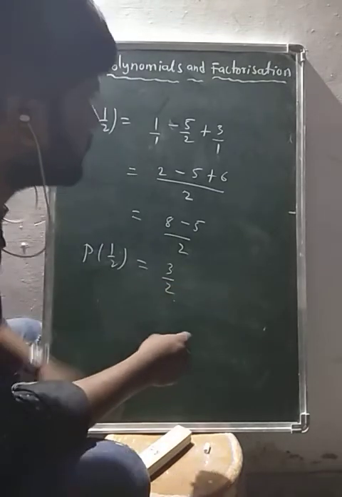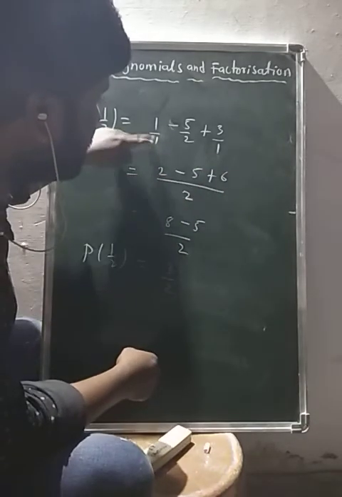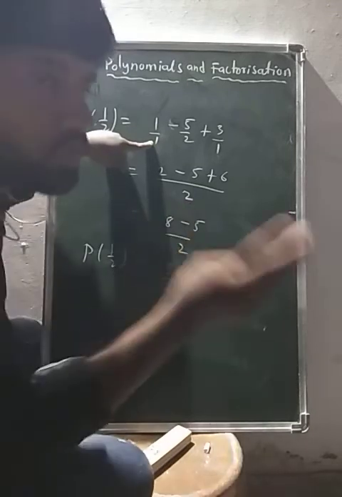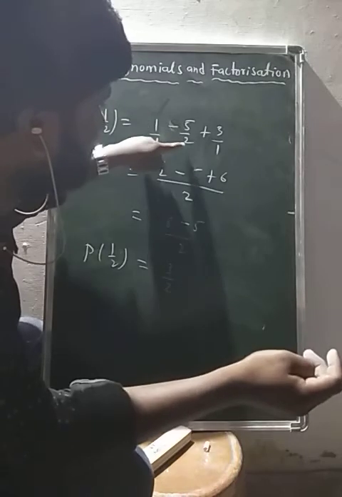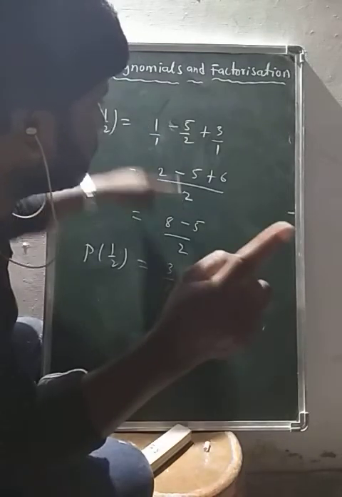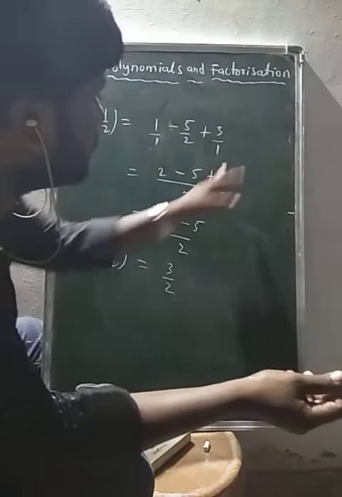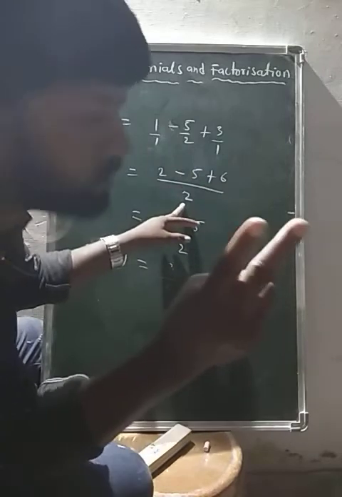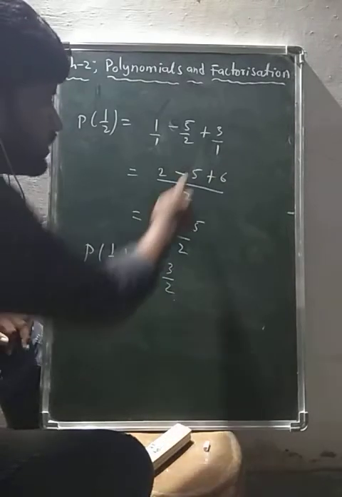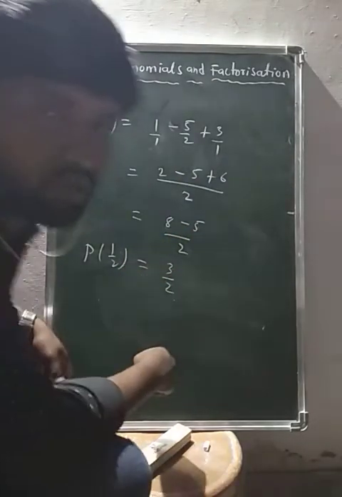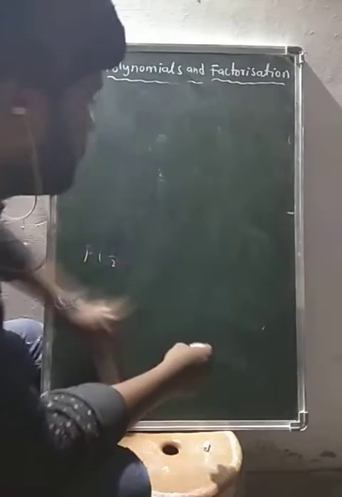Is it clear, students? Here the LCM is clearly 2 for these denominators. The denominator 1 here goes into this LCM 2 times, so that's why 1 into 2 gives 2. The denominator 2 in this LCM 1 time. That's why 1 into 5 is 5. Okay? Here 1 goes into this LCM 2 times, that's why 2 threes are 6. Like that we get 6 plus 2 is 8, 8 minus 5 is 3 by 2. In the same manner do the remaining questions in this way.